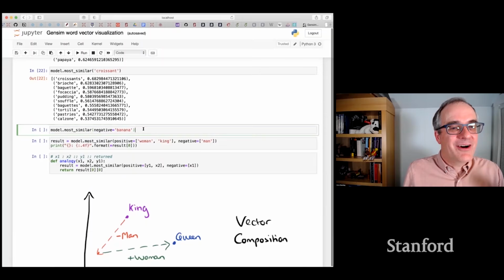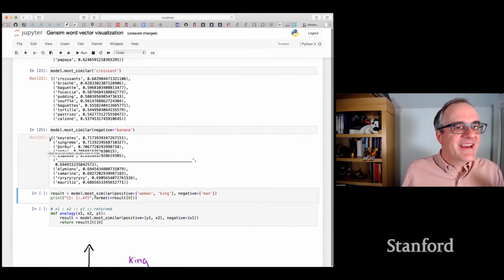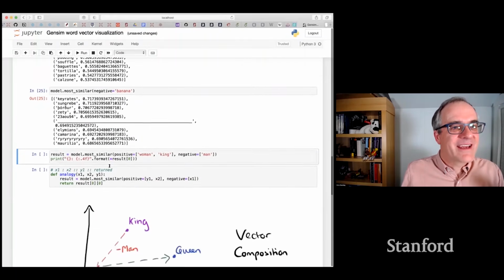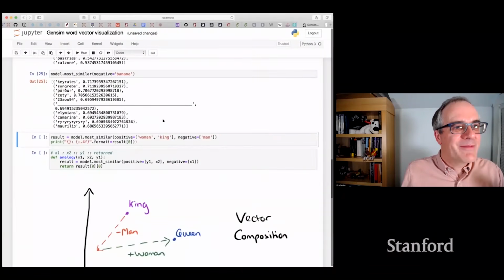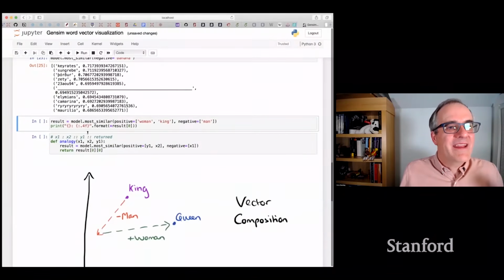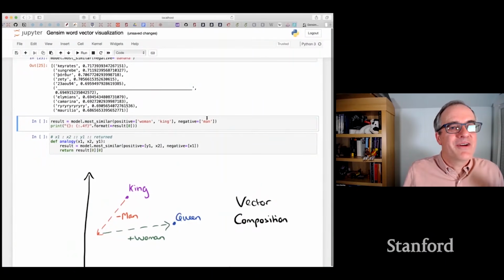You might think it's some kind of meat or something. Actually, that by itself isn't very useful, because when you ask for the most negatively similar to things, you tend to get crazy strings found in the data set that you don't know what they mean, if anything. But if we put the two together, we can use the most similar function with positives and